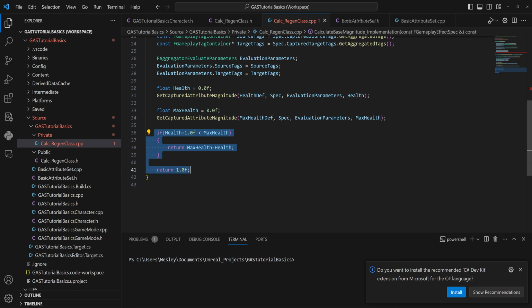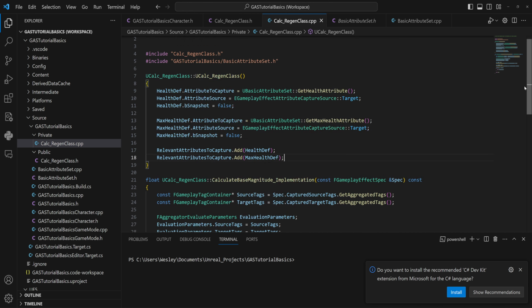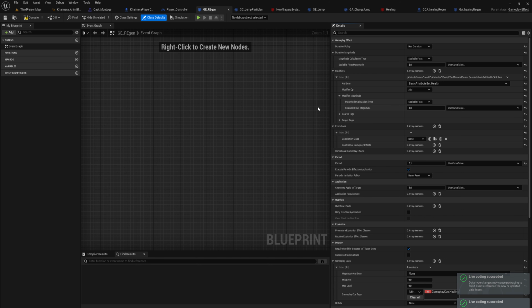You can do a lot of awesome stuff with this. And don't forget all your semicolons. I almost compiled with an error. So now that we have that set up, we can change in our gameplay effect regen from using a scalable